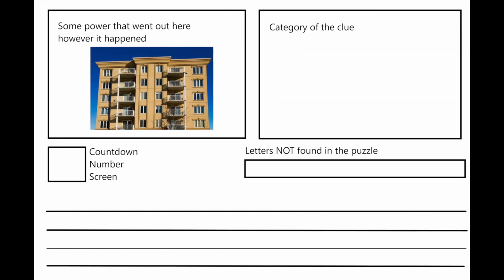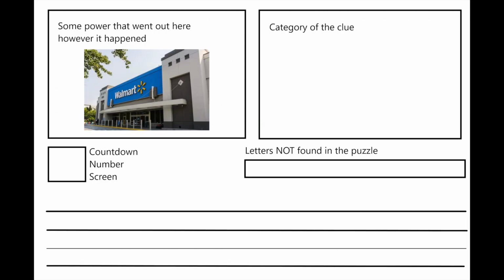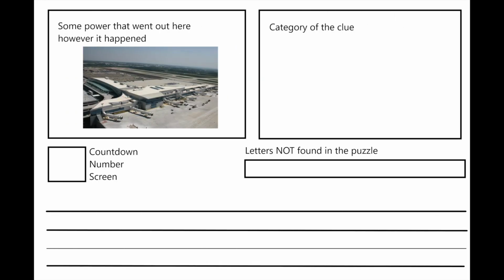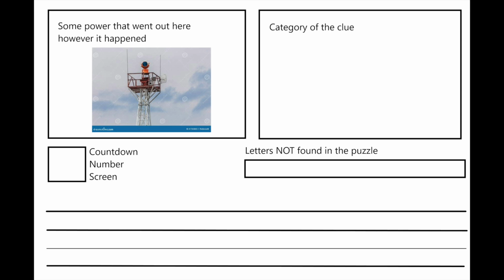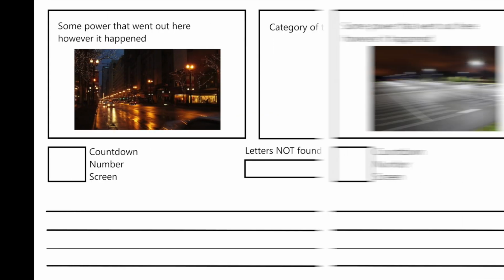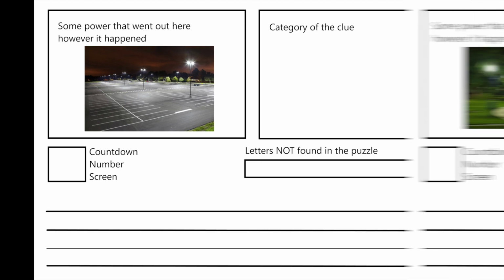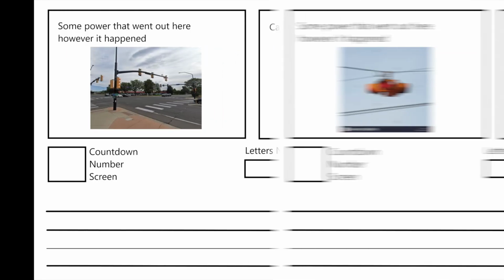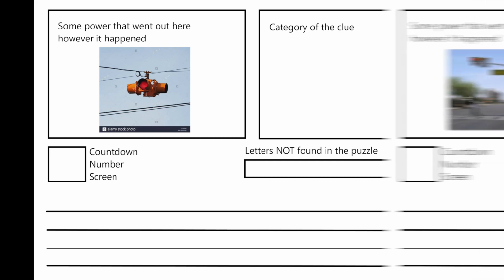The electronic items we all know well enough are 1. Apartment building, 2. A mini mall, 3. Department store, 4. School building, 5. Airport concourse, 6. Rotating beacon, 7. City lights, 8. Downtown lights, 9. Parking lot lights, 10. Park lights, 11. Farm lights, 12. Runway lights, 13. Traffic signals, 14. Four-way stop signals,